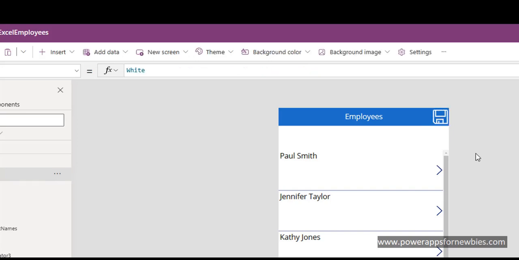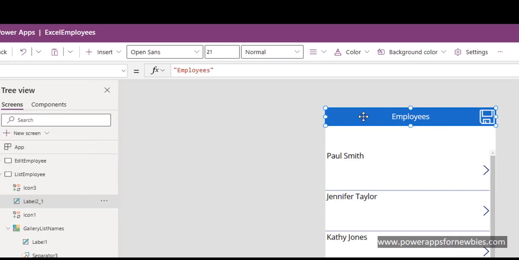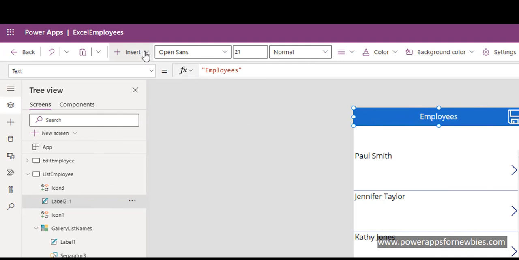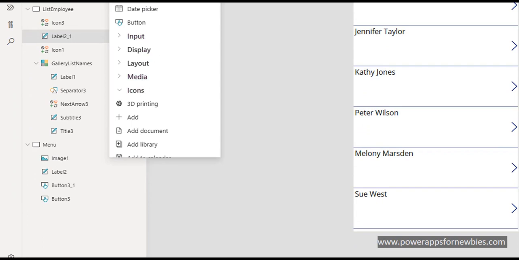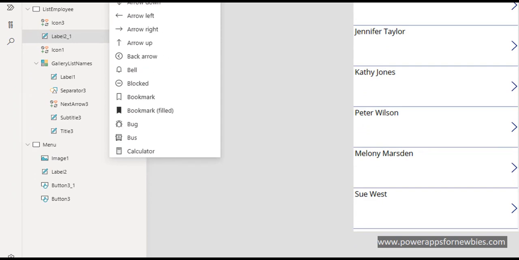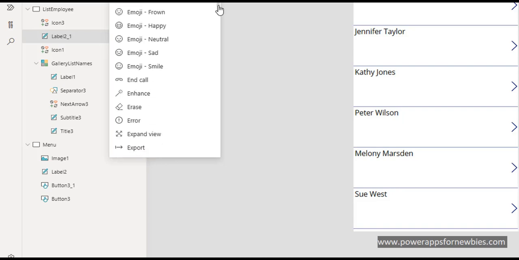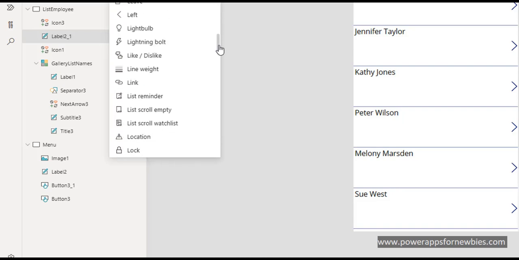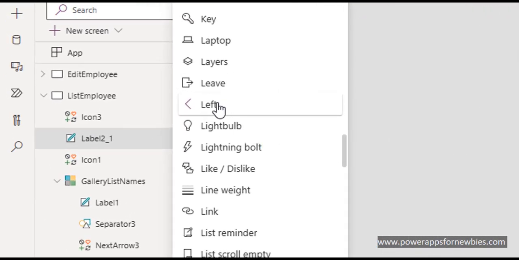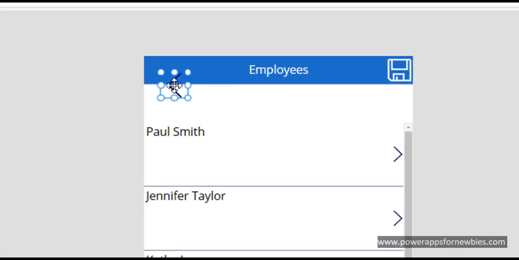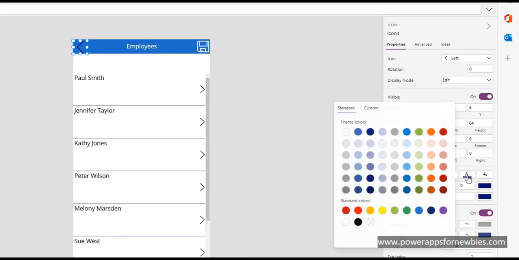So we also need a way of navigating back to the main menu. So again, click on the label at the top, come over to the insert button, and again we're looking for the icon section, and let's look at the one for moving back. And the one I like to use, and it's quite a common one which I've seen in other Power Apps, is this left one, because we're going to be moving back. So position it there, again change it to white,